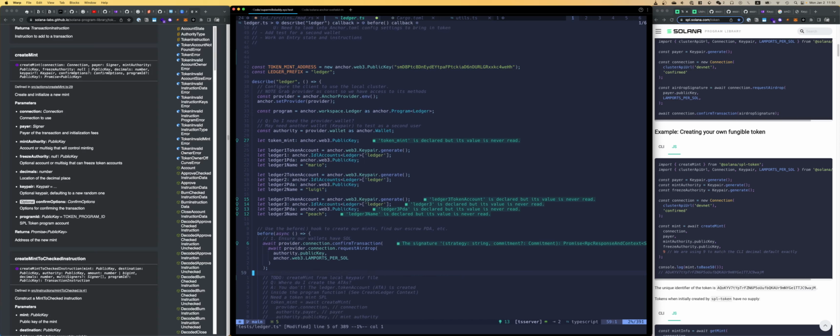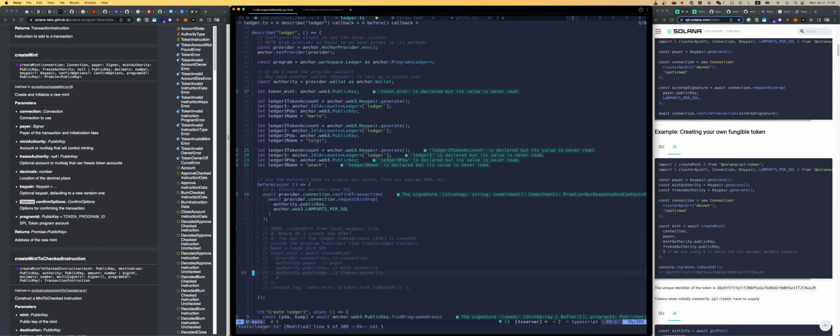And I'm okay with it creating a mint every time I run my tests, but what I've been wanting it to do is to create the same SPL token. And that's what we're doing because I'm running on the test validator. I shut it down and reboot it every time, so I have to recreate this SPL token every time because I'm not on DevNet. It's not going to live there